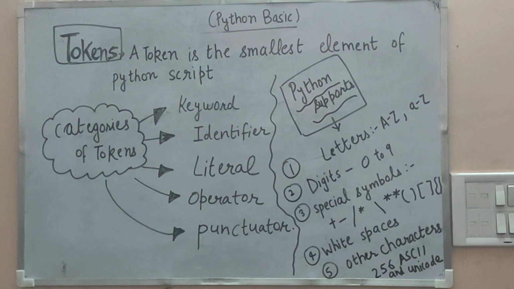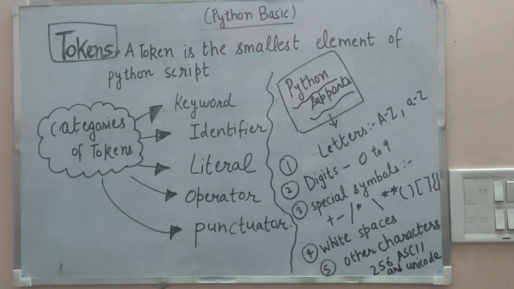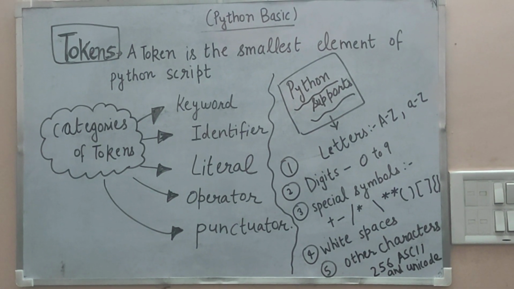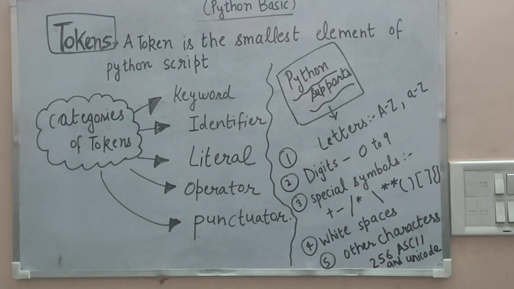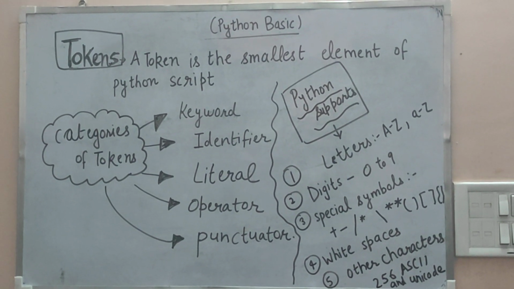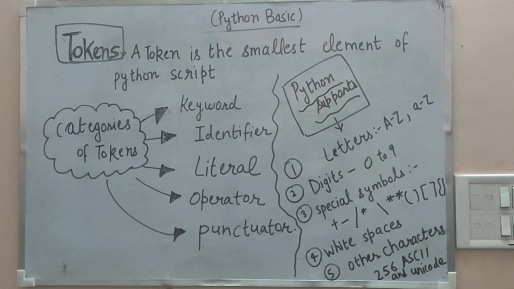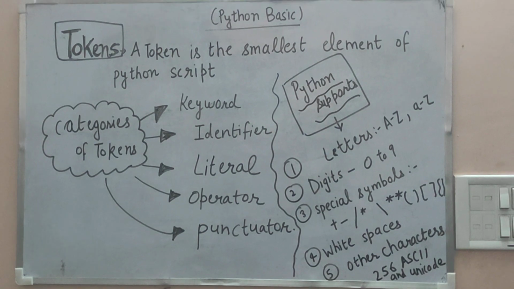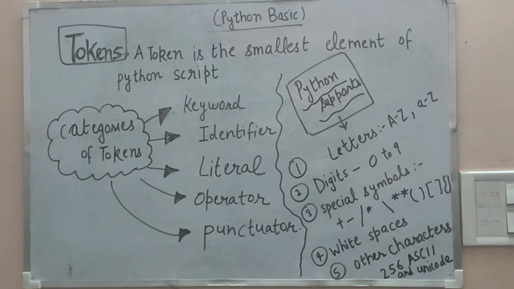And after that, the categories of tokens: there are so many categories of tokens. Number one is keyword, that is the reserved word. Reserved word means the words which are fixed in the dictionary of the Python library, right? We will discuss this further in our forward videos as well. But the identifier is basically a variable name that we give from our side, and